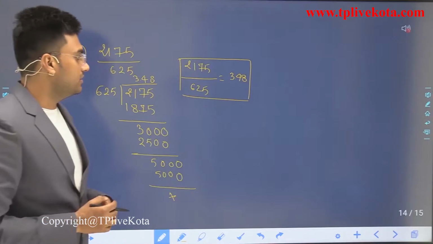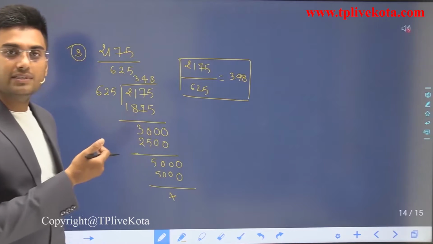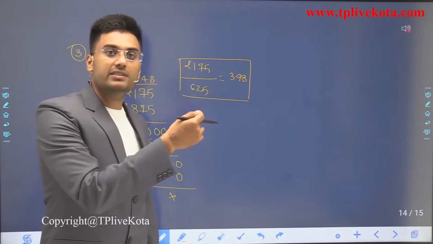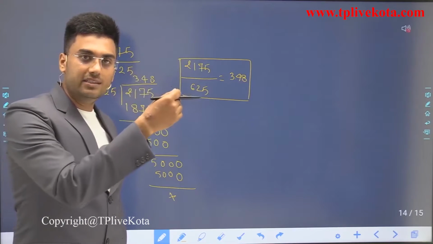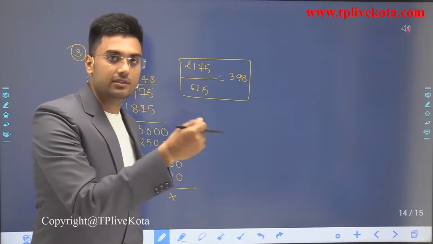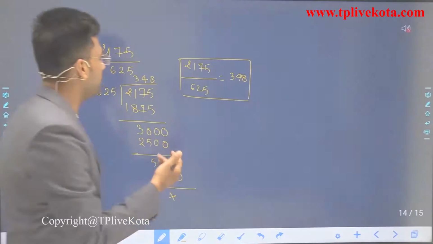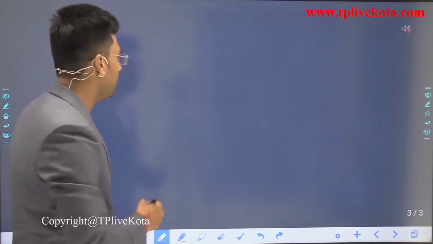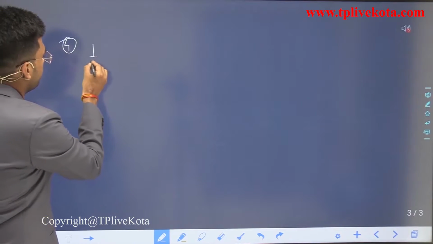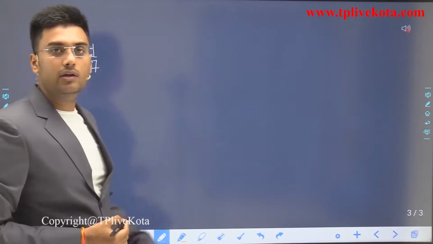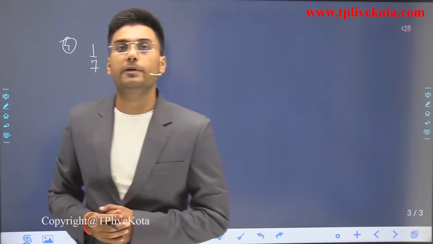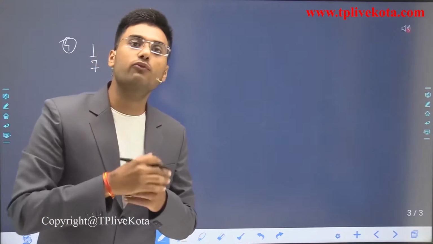So this decimal also terminates after 2 digits. In the previous examples, the decimals also terminated after a few digits. Okay, let's take one more example. Example 4: 1 by 7. 1 by 7 is a rational number in p by q form. We have to convert it into decimal form.